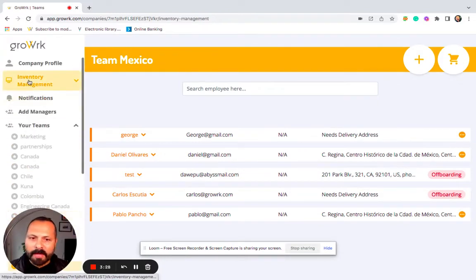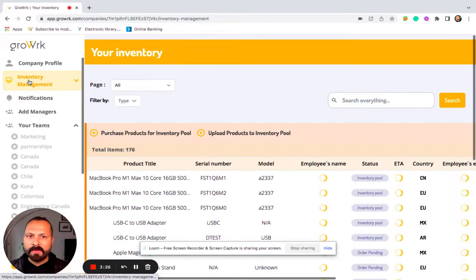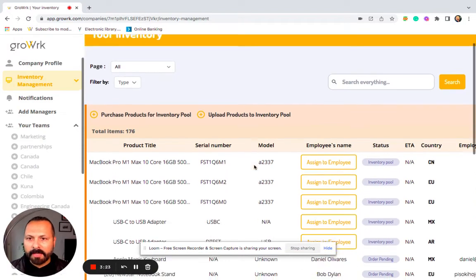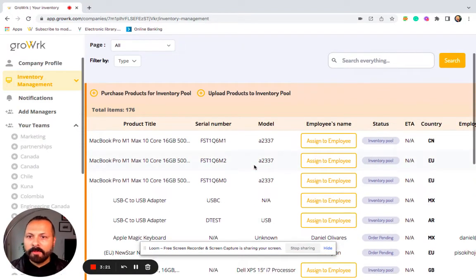Once we receive the devices in our warehouse, the devices are fully inspected. We make sure that everything works properly. If we need to wipe them, we will take care of that, and then we'll put them back in your